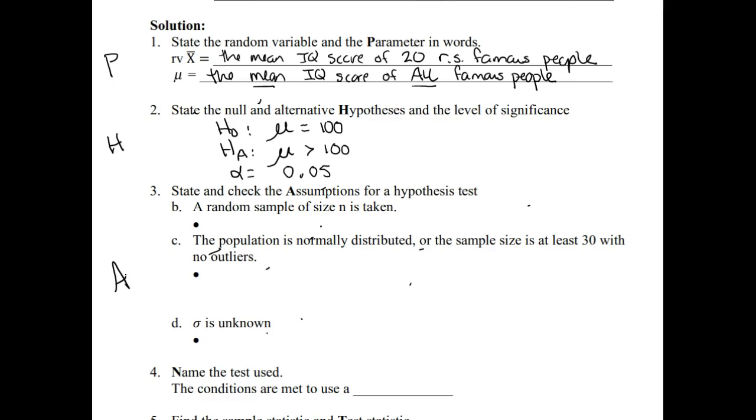All right, our next letter is A for assumptions. Remember these assumptions will be on your cheat sheet for the exam, so you don't need to memorize them. You just need to know which tests to use, and what all the symbols stand for and what the words mean. So a random sample size n is taken. If we go back up to the paragraph, they used a random number generator to pick those. So a random sample of 20 IQ scores was taken. And again, these conditions are different than the last one, so we're not looking to put one object into one of two categories like we were with the qualitative data in the last one.